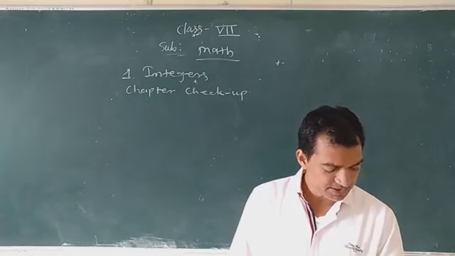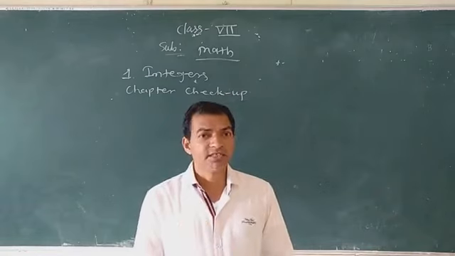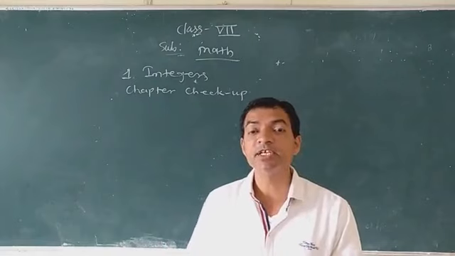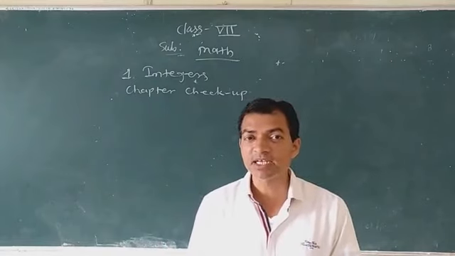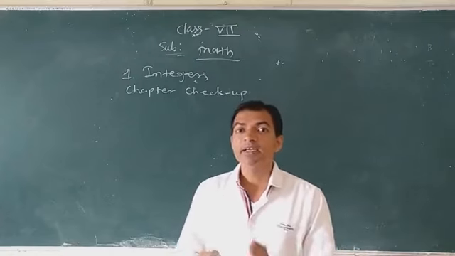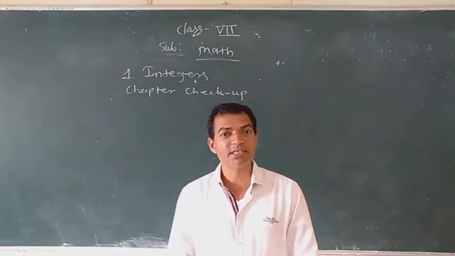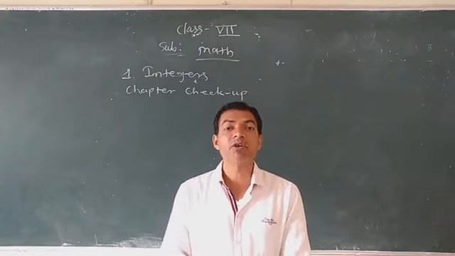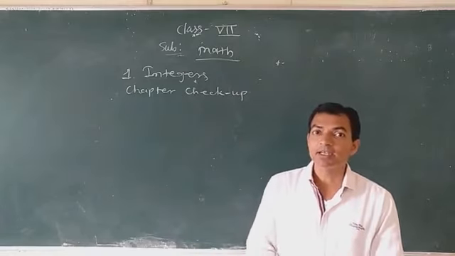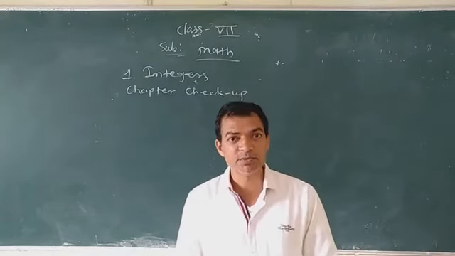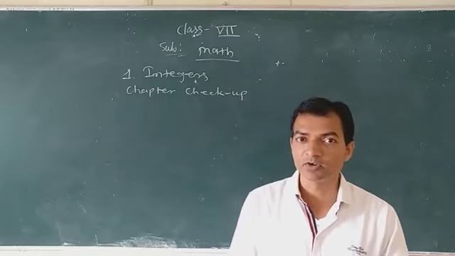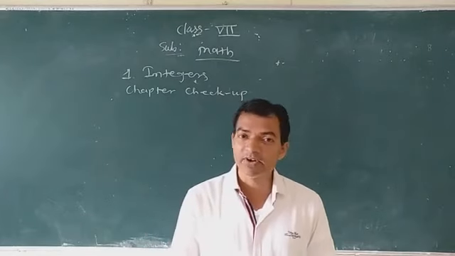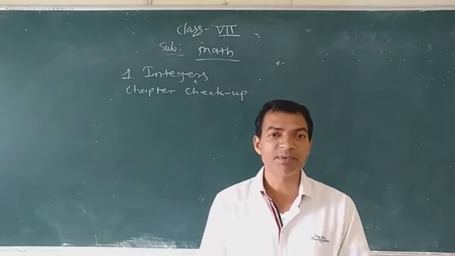She distributes 3 pencils to each of her 8 classmates. Okay. She has total 30 pencils. She wants to distribute 3 pencils to each of her classmates. How many classmates are there? Total 8 classmates. Okay. Each classmate gets 3 pencils. So in this way, how many pencils are distributed? 3 into 8 is equal to 24 pencils are distributed. Then out of 30, 24 are distributed, means how many pencils are left, that you have to find. Okay. So 30 minus 24 is equal to 6 pencils are left.